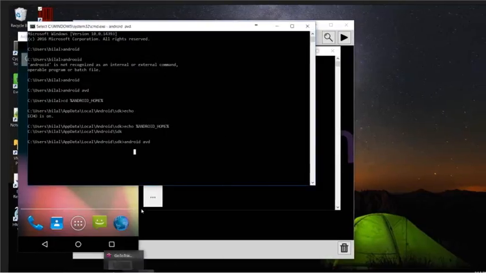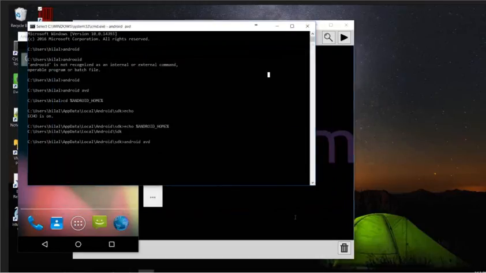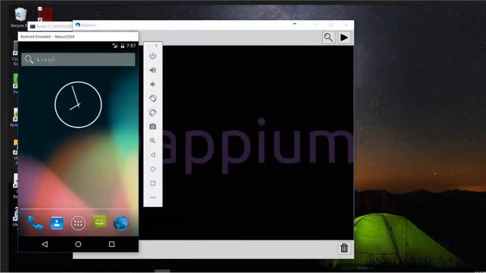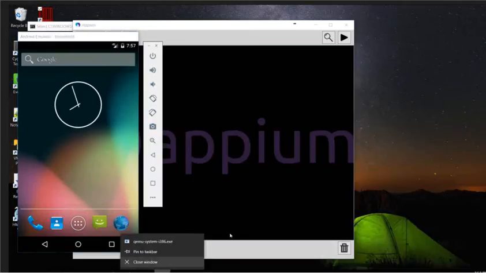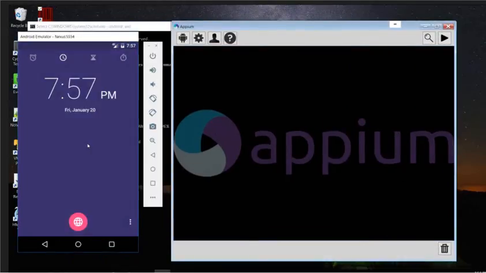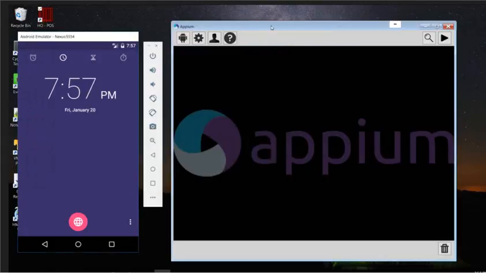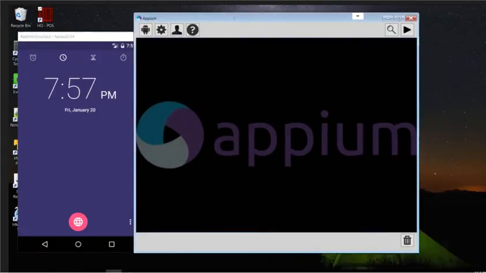Where's my AVD running? By the way, Hussein, the first few times it takes time to load. I believe it updates its system or something. That's why. But once you run it a few times, the emulator won't be as slow. It'll launch up pretty quickly. Same thing happened to me. It would take a lot of time for the first few tries, and then now it loads fast. So once we are able to get this far, now what we're gonna do is